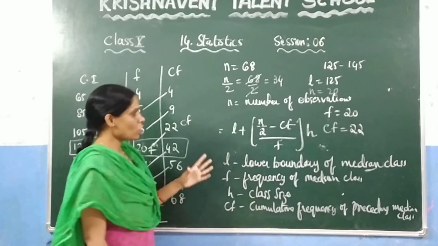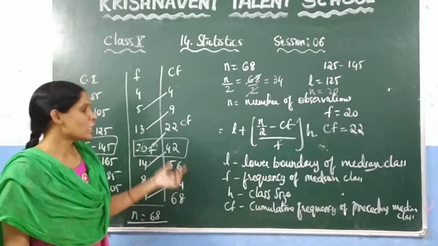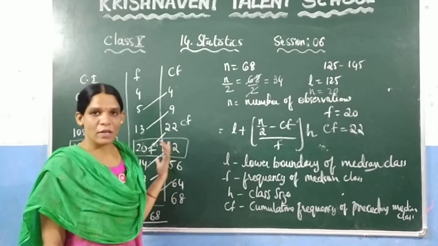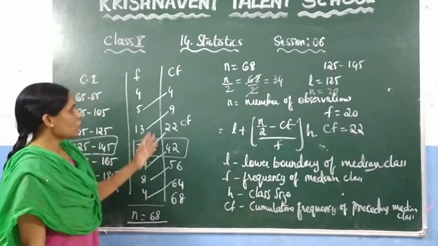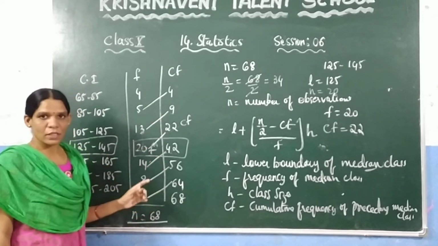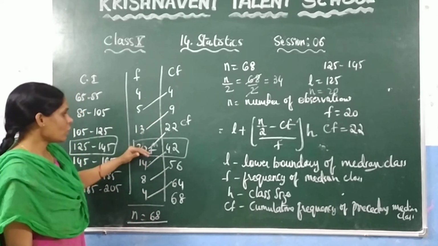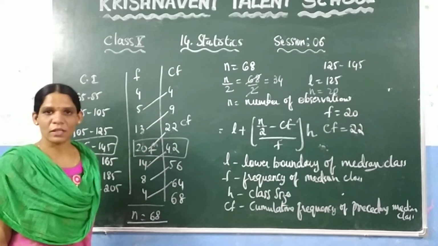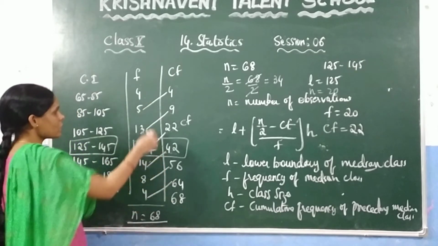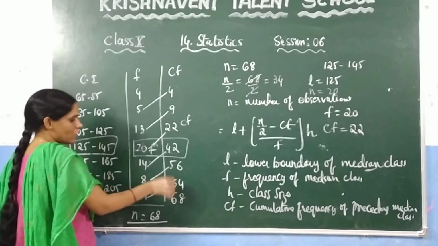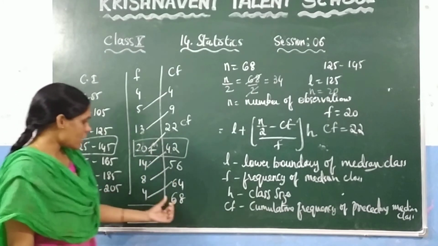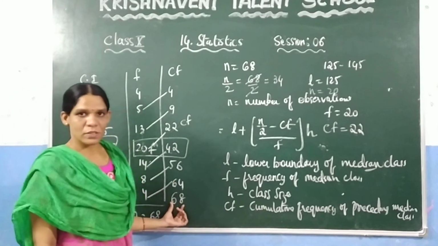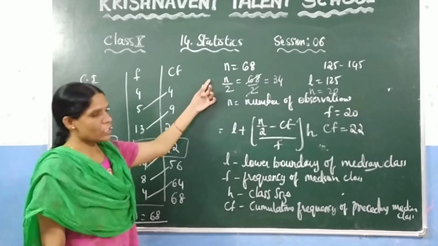And if you want to know all these values, first you need to find what is cumulative frequency if you have given a data. And if you want to find the cumulative frequency, what we need to do? We need to add the sum of the preceding frequencies. That means just after adding like this, you will get the cumulative frequencies, and the last value will be nothing but the number of observations, which gives you the value of n.